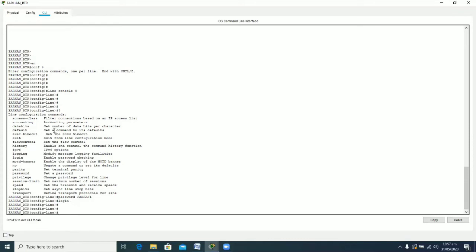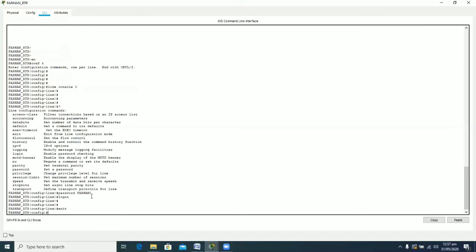I have authenticated the console line using the password feature only. There are multiple ways to configure your console line, let's say with the help of an AAA server, but that we will be doing in some other lab, in which I will be telling you how to configure your routers, telnet interfaces, and SSH interfaces using the AAA service. At present, we have configured our console line terminal using the simple password only.